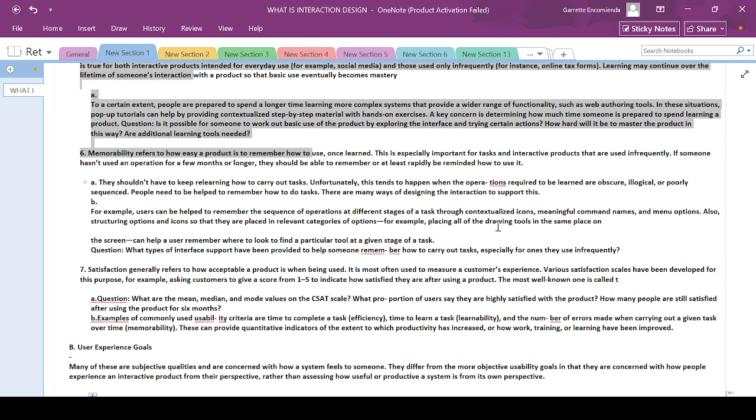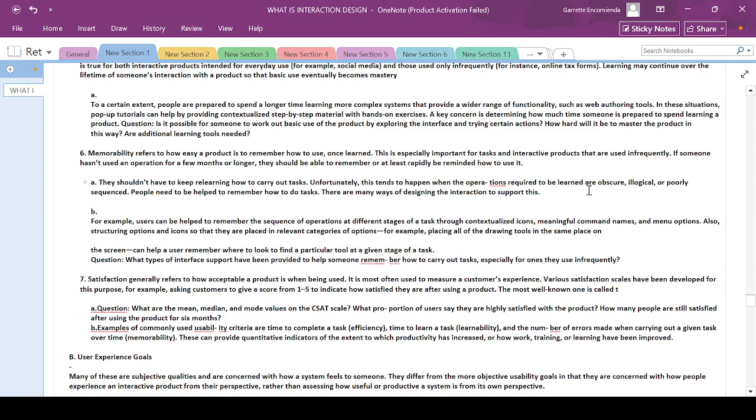Unfortunately, this tends to happen when the operations required to be learned are obscure, illogical, or poorly sequenced. People need to be helped to remember how to do tasks. There are many ways of designing the interaction to support this. Another thing is that